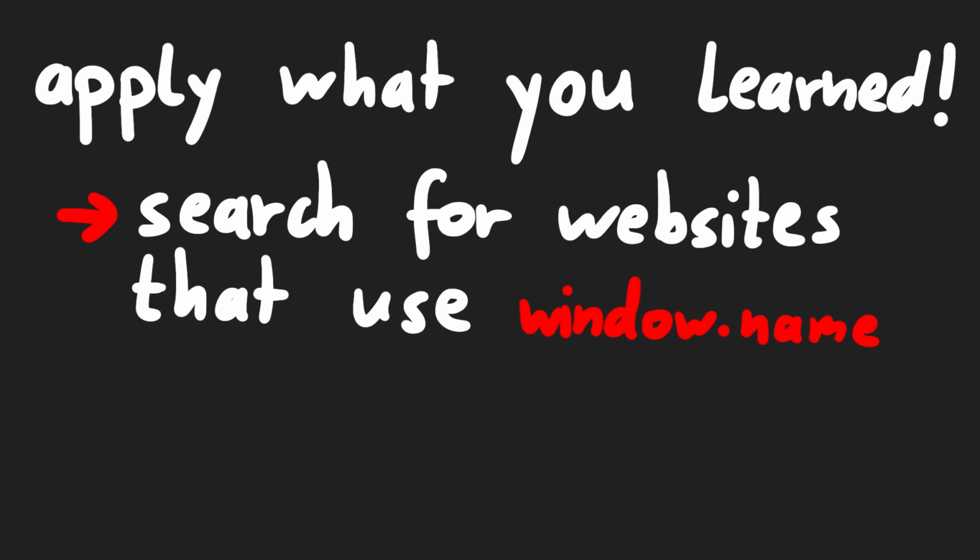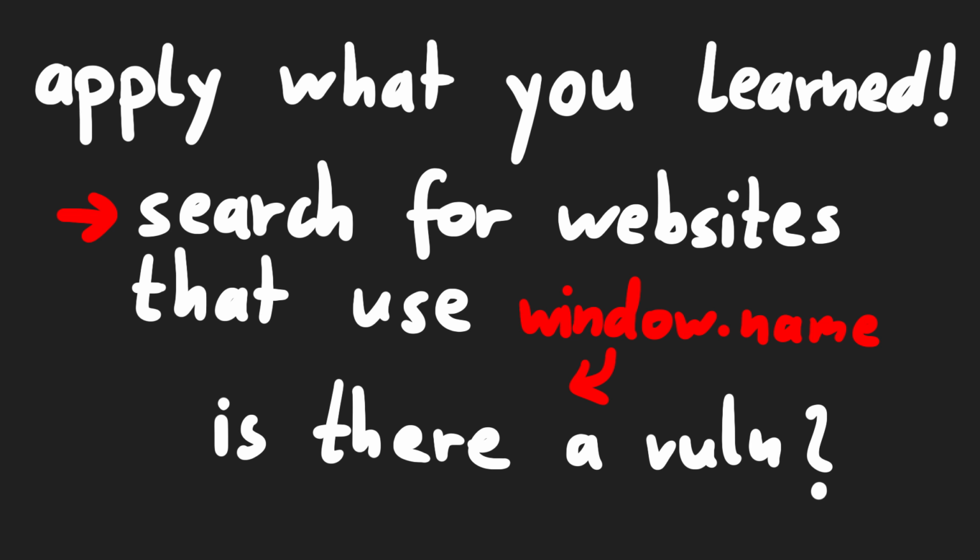You increased your knowledge. But even if you don't solve this challenge and you get frustrated, if you later read a write-up about it or right now watch this video, you will still have learned something. You actually just learned a bit more about JavaScript and the browser and web security in general. Congratulations, it's that easy. Now you could go out there and look for websites where JavaScript uses the global variable window.name and see if it does so in an insecure way.